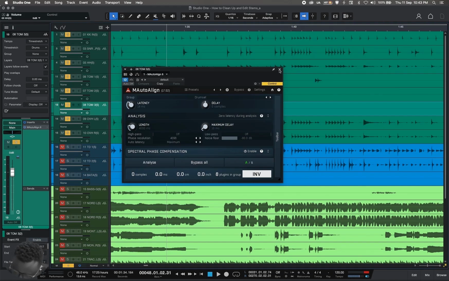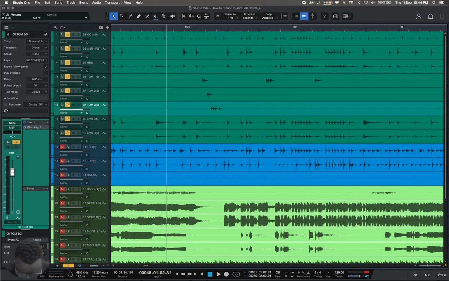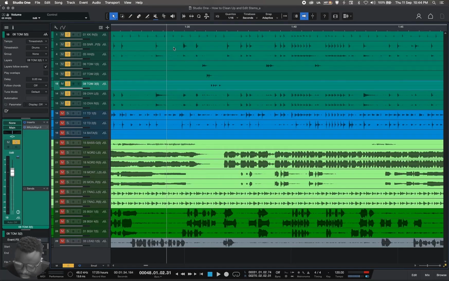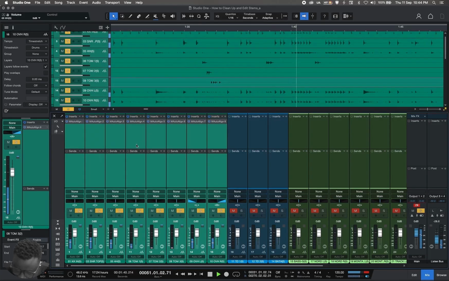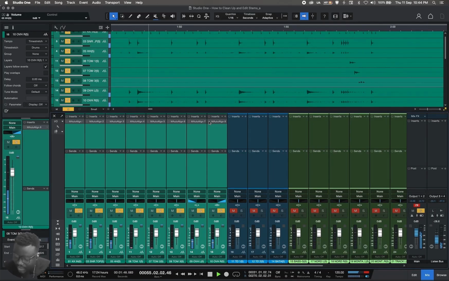So everything was time aligned to this instrument according to this plugin. What I'm going to do next is bounce to a new track again, so you can monitor and listen to everything now. What we're going to do is turn off these plugins. You can hear it now, you have less punch than before. But now with all the plugins back in,